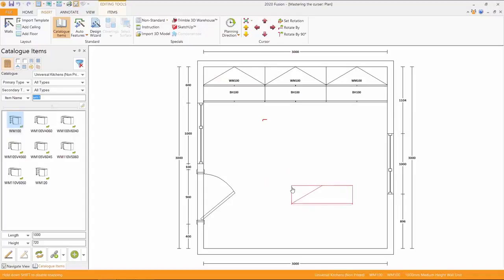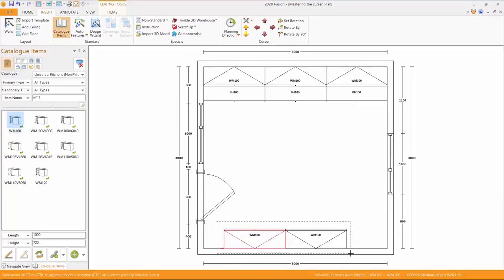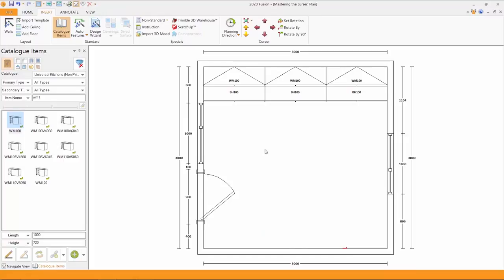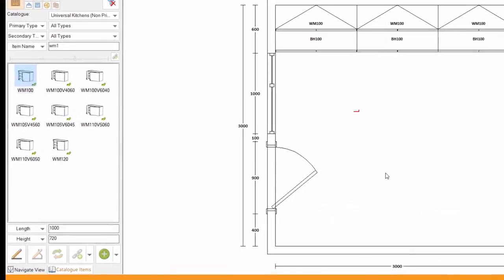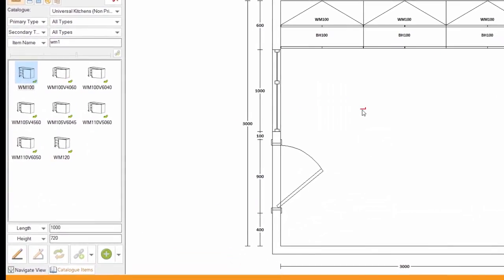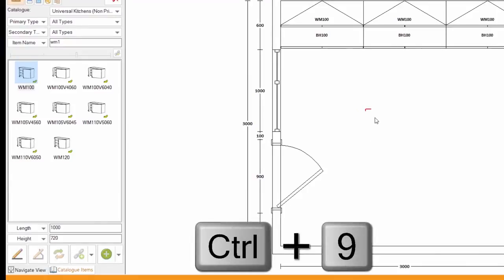First of all, I have to tap the wall to turn the door around, but the cursor joins it straight away. So there I can ask for a second wall unit to come and join it. It is extraordinarily good. But let me help you a little bit further. If I put my cursor perhaps in the middle of the floor, it's going anti-clockwise and it's going out that way. So I could immediately go control 9, selecting that,